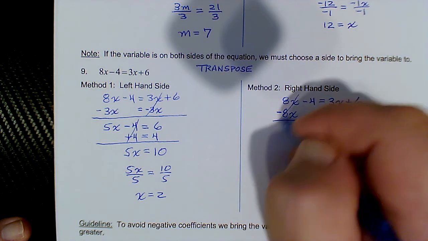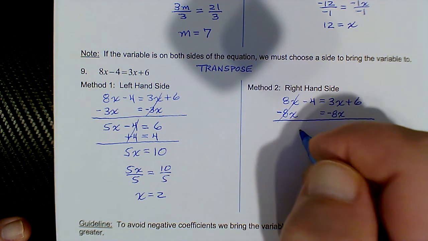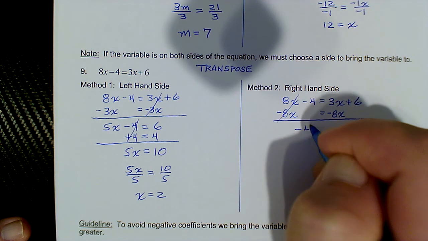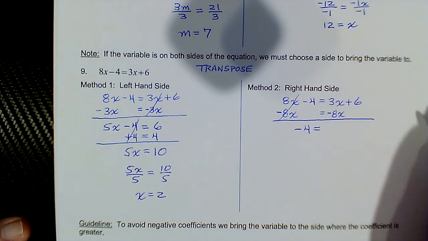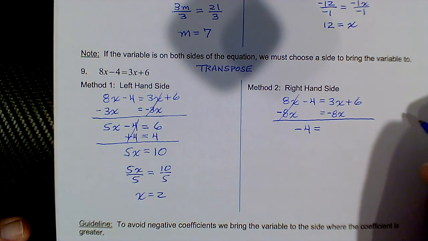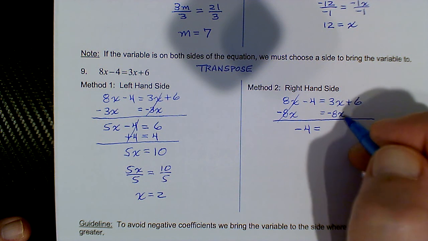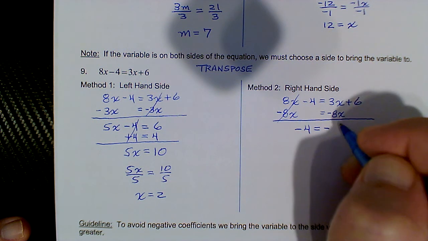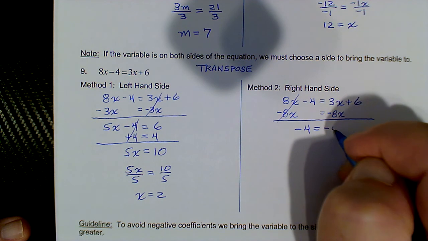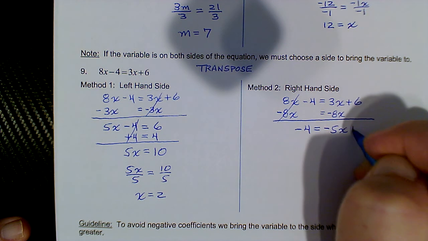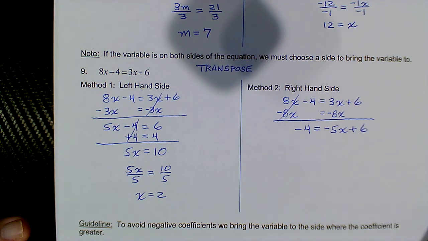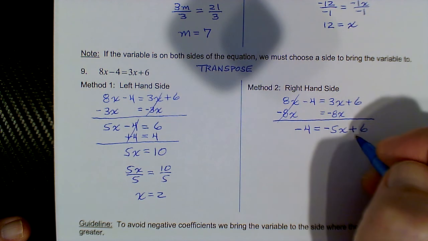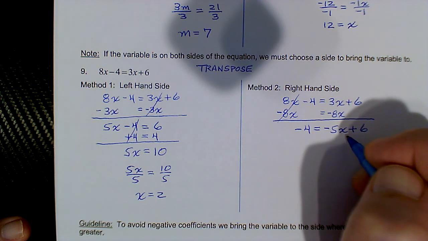And then on the left, the 8x's go away. No need to write a 0 there. Bring down the negative 4, and that's equal to combining 3x with negative 8x, we get negative 5x. And then we bring down the plus 6. And now I have the variable on the right, and notice now it's